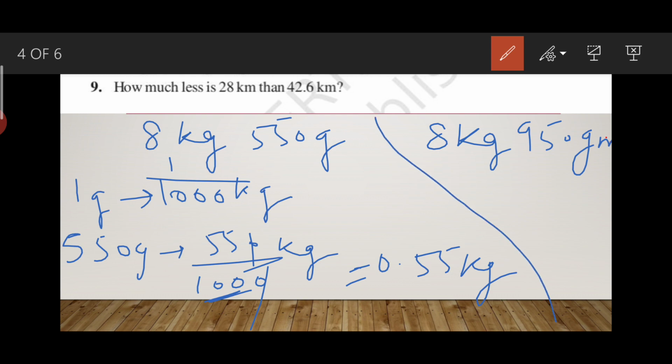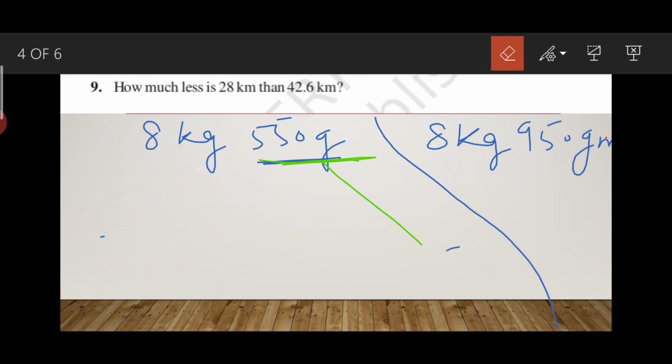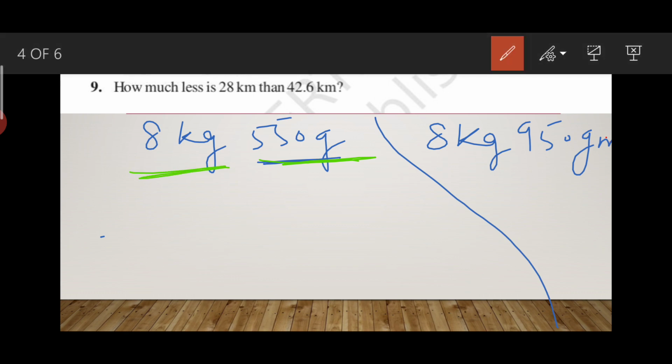Similarly we have to do Sarla's conversion of gram into a kilogram. First of all, let us write the Shama's total fruit weight into kilogram. So 550 comes out to be 0.55 kilogram. So what will we write here? This is already in kg, so we will write it as it is, and 550 gram comes out to be